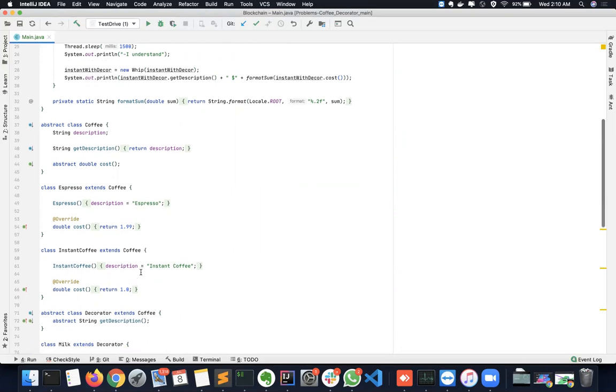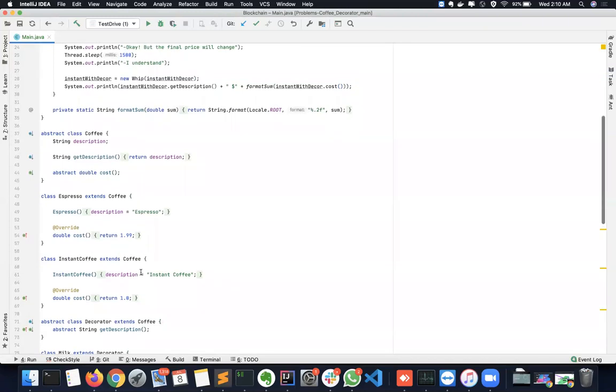If a person wants to have some extra items on the coffee, like added flavors, we have it in this generation. We have new flavors of coffee every day. A new flavor is generated. In the same way, to this espresso, to this instant coffee, we can add different flavors. That is nothing but decorating something.